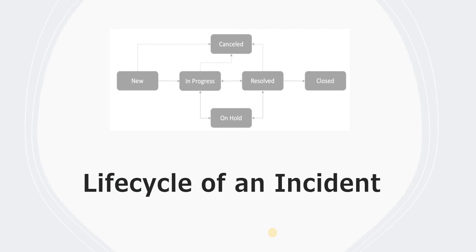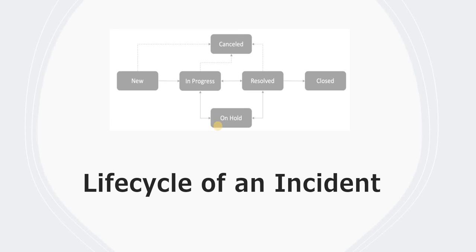After all this we have seen, this is the life cycle of an incident. We create a new incident, it goes in progress. In progress means it has been assigned to some team and they will resolve it, and then the incident is closed. There might be a possibility when the incident is put on hold. For example, if the assignment group or the service desk is awaiting some information from the user, for example their laptop number or the server which is down, the name of the server or the IP address of the server,